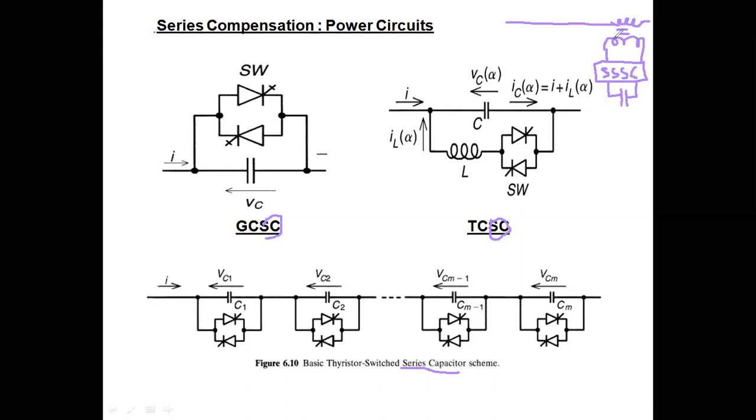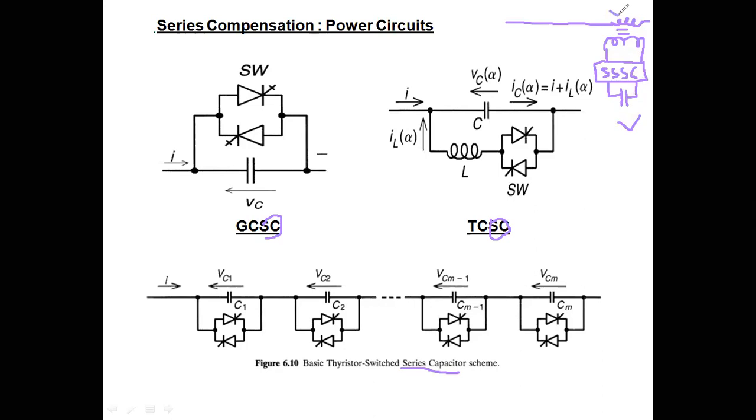If you connect the same thing in parallel, it is called a STATCOM. We have discussed the STATCOM, compared it with the SVC, and analyzed the performance of SVC and STATCOM. Analogous to that STATCOM, here we have the SSC. These are series compensators, those are shunt compensators. So STATCOM comes under shunt compensation, and this SSC comes under series compensation. But in our syllabus, this is excluded.